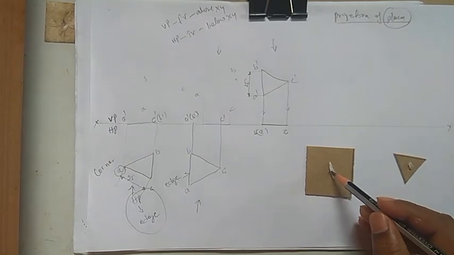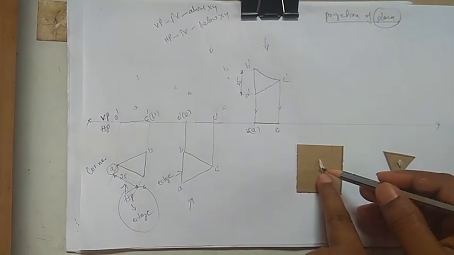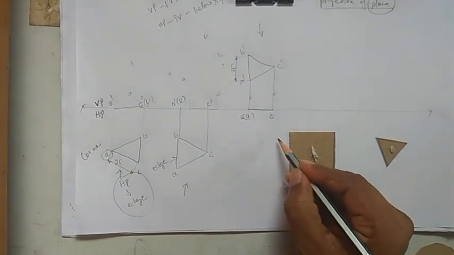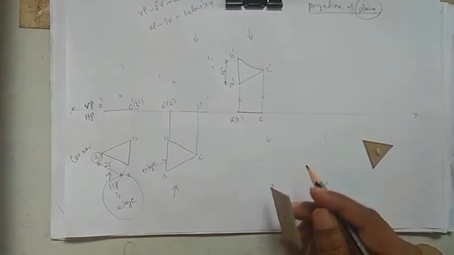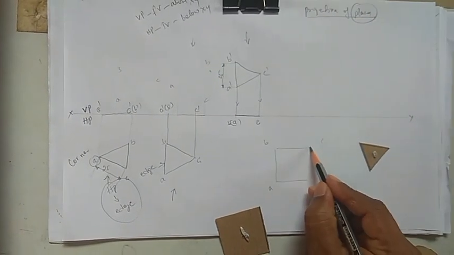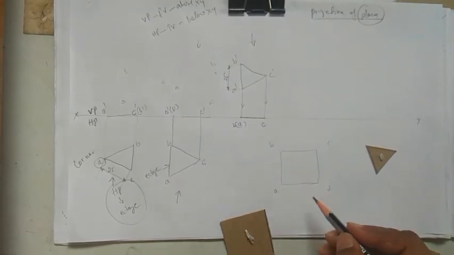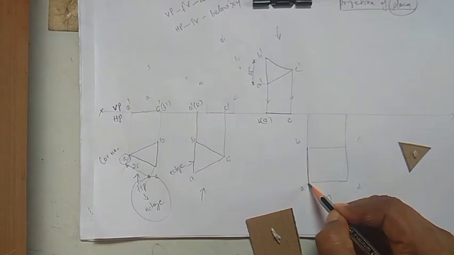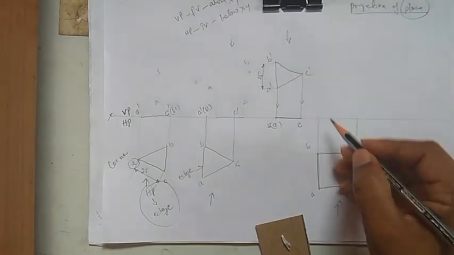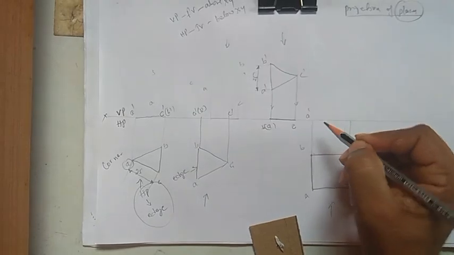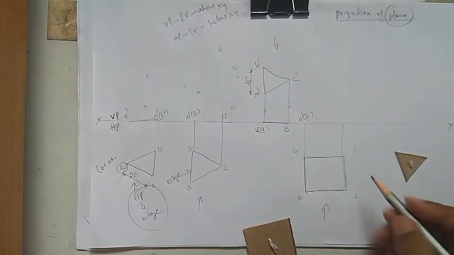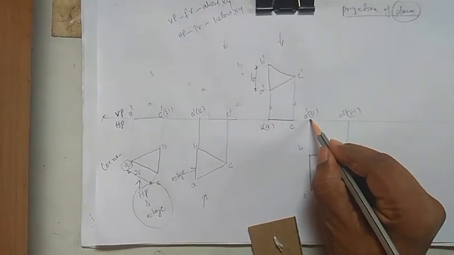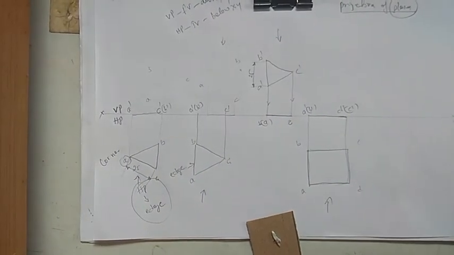Okay, and if you take an example of a square, if a square is resting on the HP with one of its edges, the square will lie like this. The naming will start from here A, B, C, D. Just to have a simple square like this. When you see from here, these are the projection lines. This square should be dark, and A is visible, A dash, B is beyond that one, and D is visible, D dash, and C is beyond that one, so C dash. So this is how exactly a line looks like that, right?